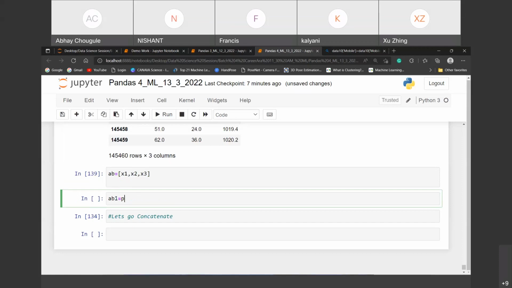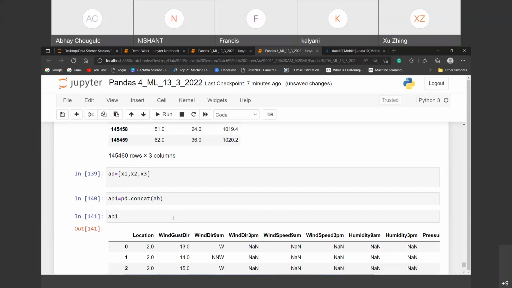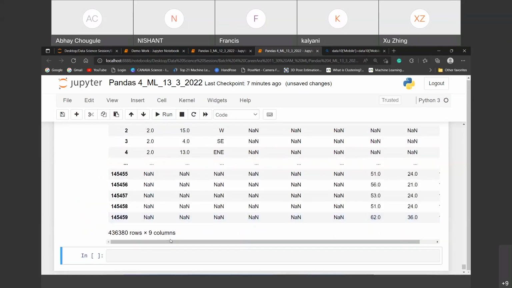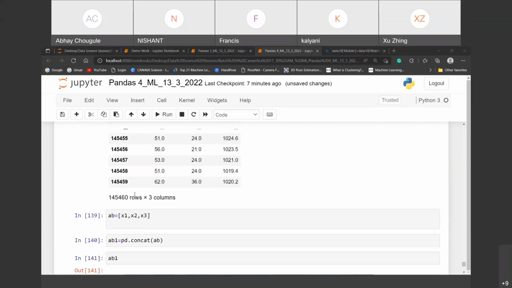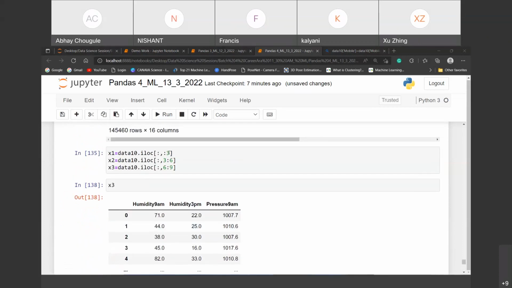pd.concat. See what I'm passing, concat. In that bracket, you should pass AB, execute, and AB1. See, 9 columns you got. Because X1 is having some columns, 0, 1, 2, 3 will not come. Right? If you check